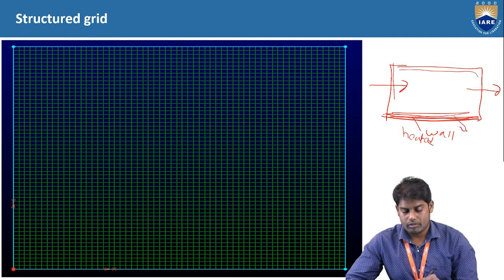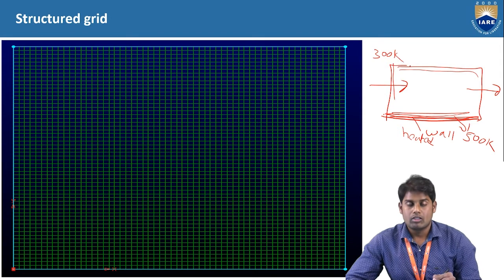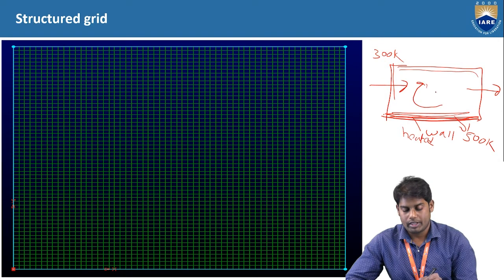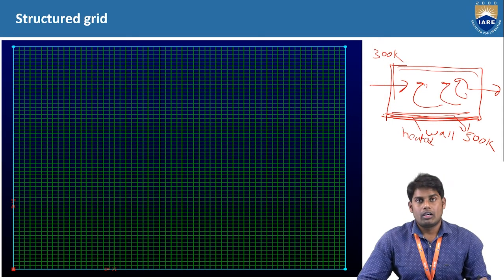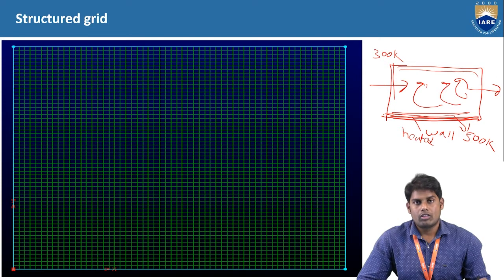Let's say the temperature of the wall or heated plate is 500 Kelvin, and since our atmospheric temperature, let's take this as 300 Kelvin. Due to the temperature difference, you have the convection of the flow, so you have some flow rising like this. In order to see this phenomenon using computational fluid dynamics, first you need to decide what are the characteristics of the domain. So what should be the length of the domain and height of the domain.